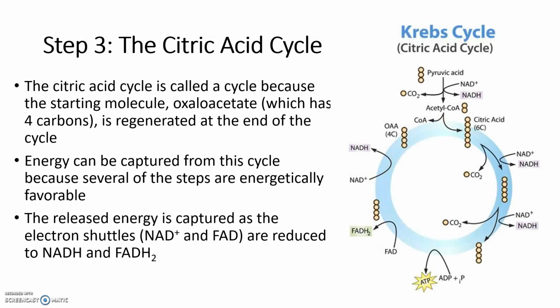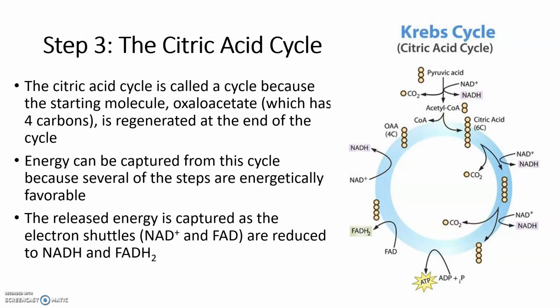So the citric acid cycle is called a cycle because the starting molecule, oxaloacetate, which has 4 carbons, is regenerated at the end of the cycle, so it kind of continues in that way. Energy can be captured from this cycle because several of the steps are energetically favorable. And then the released energy is captured as the electron shuttles, NAD+ and FAD, are reduced back to NADH and FADH2,